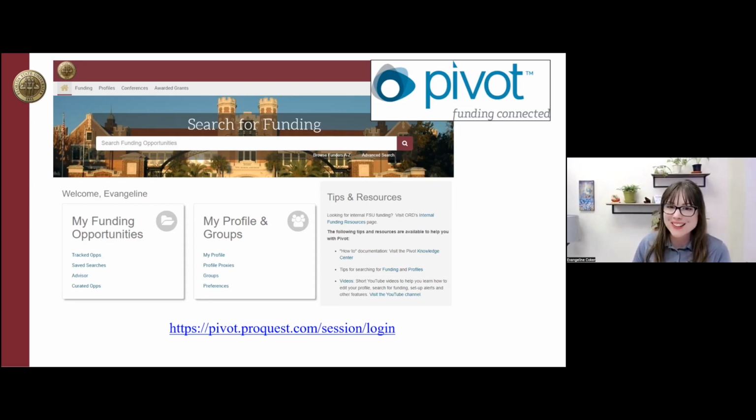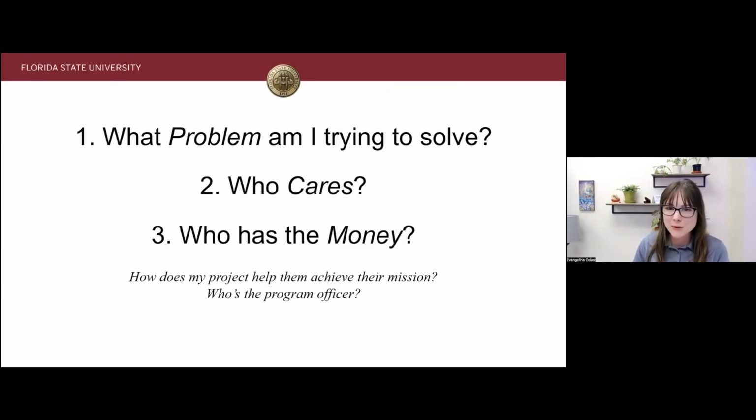So go to Pivot, go to OGFA, you know, do your searches and find those organizations that are funding people solving the problem you want to solve. They care about it. They have money, and get to know those organizations. You know, so if you see a funding opportunity you're interested in, go to that organization's website and read their about. Or if it's something really large like the National Science Foundation or the National Endowment for the Humanities, each